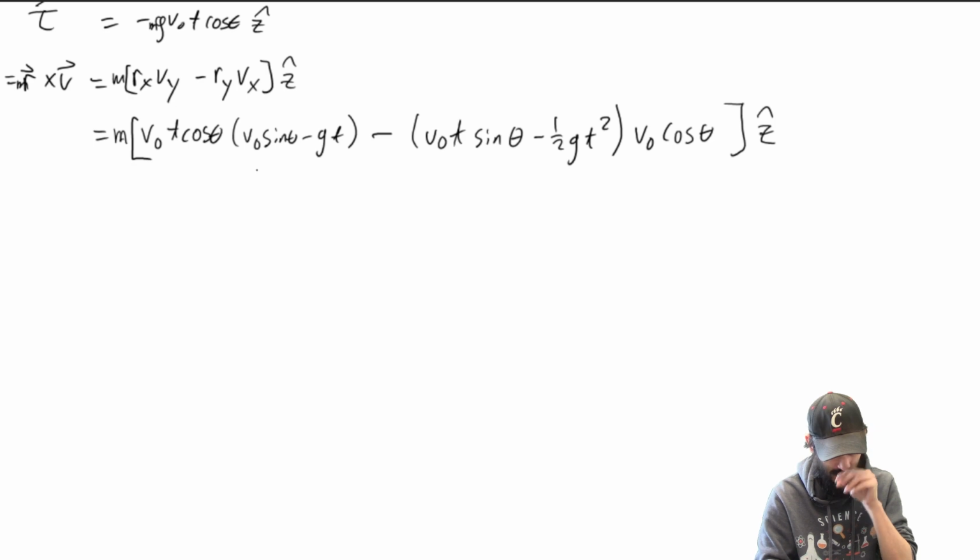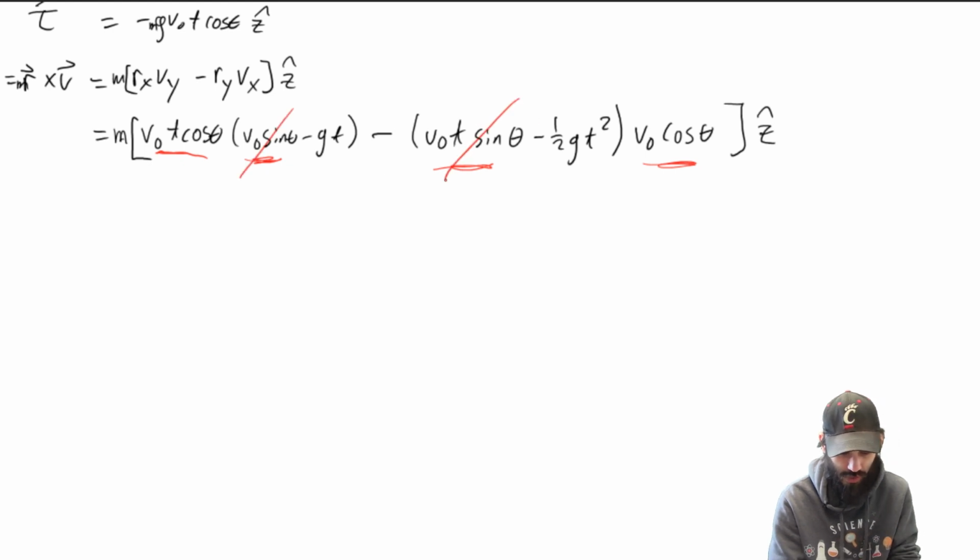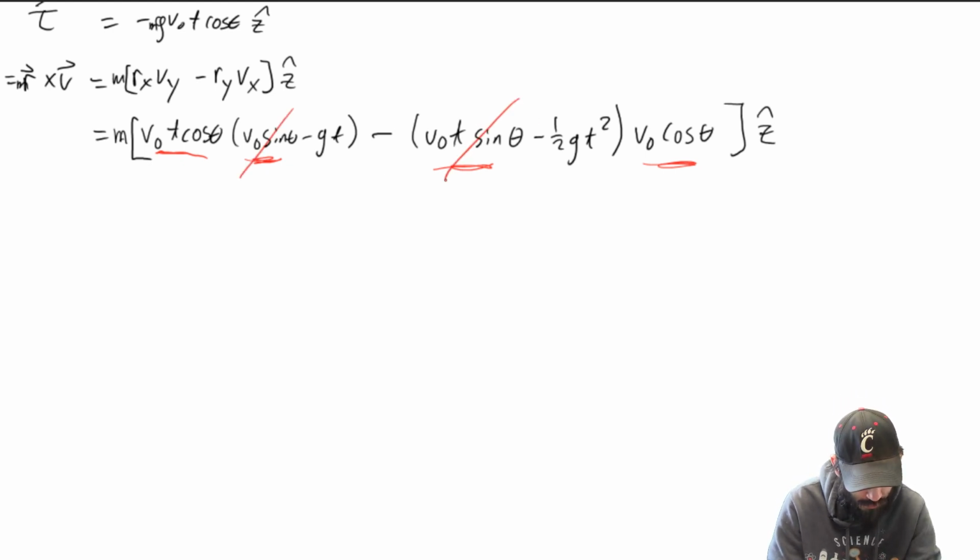You don't even necessarily need to do that. You can look at it and say, this term times this term is the same as this term times this term, but then this one has a negative sign, right? So those are going to cancel each other, okay? And so what we're left with then,